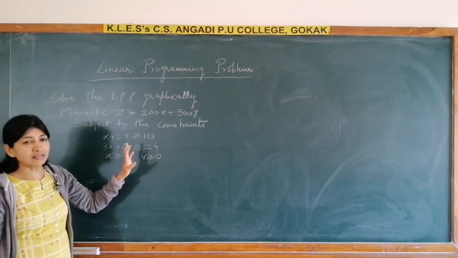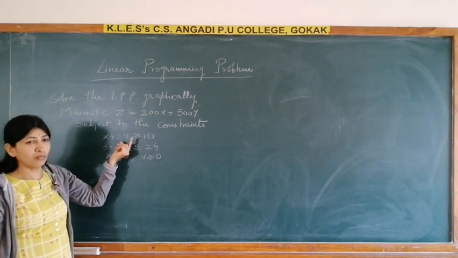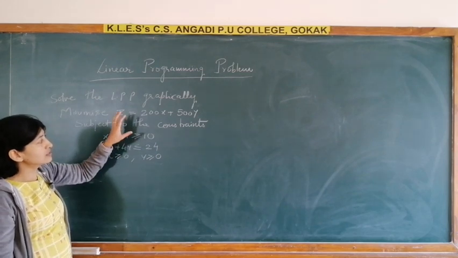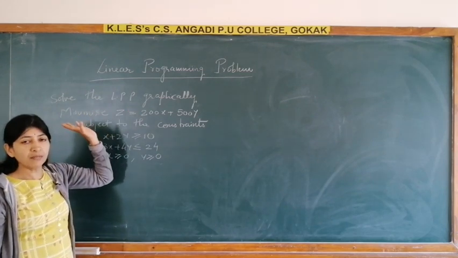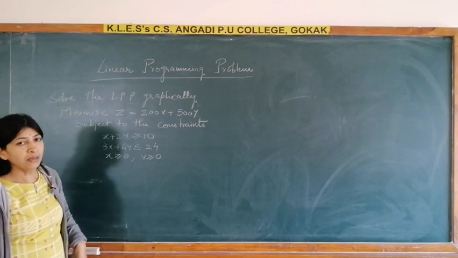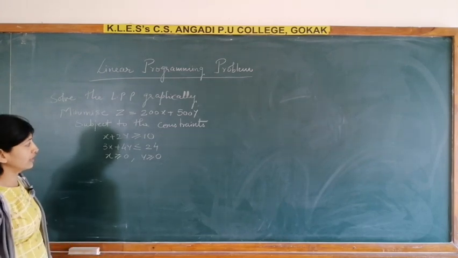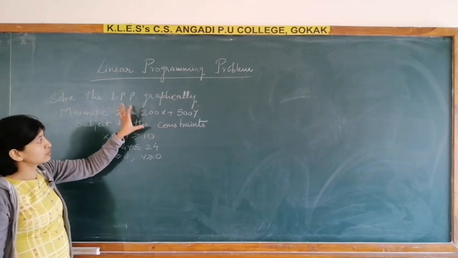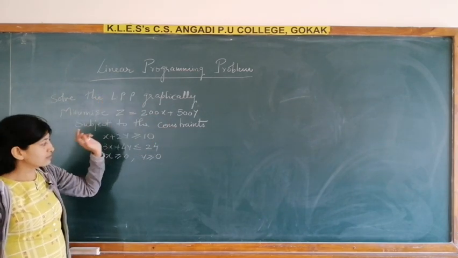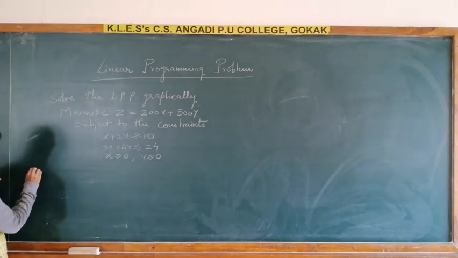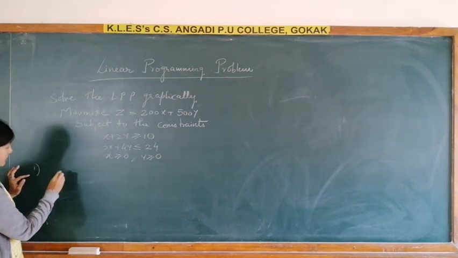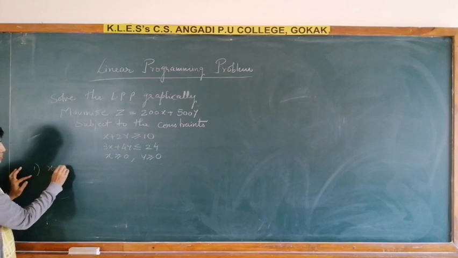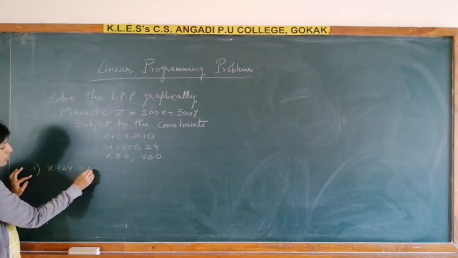So what are the constraints? Constraints means they are in the form of linear inequalities. So under these given constraints, at what point this function is minimum and what is the minimum value, that we have to find. For that I will explain this completely. Such questions only you will get for 6 marks. So first, whatever constraints are given, how many constraints are given here? 2.